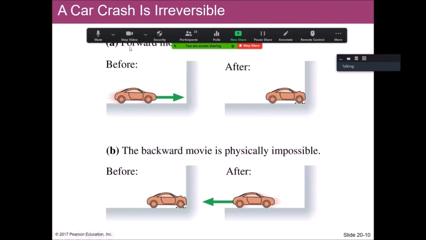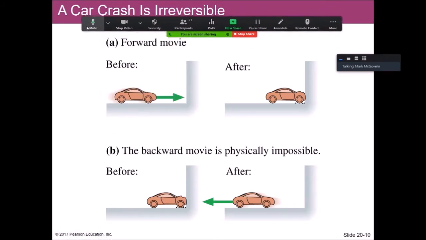Okay. This one here is not going to happen because we do have dissipated forces here. The car smashes into the wall. Well, are you ever going to have a case where a car can back up and fix itself? No. I mean, same thing. If you have a glass here, take like a wine glass, right? Drop it, and it shatters. Is there any possibility that there'll be a process spontaneously that will put the glass back together and it will become a cup again? No, because there's energy that was dissipated, taken away.